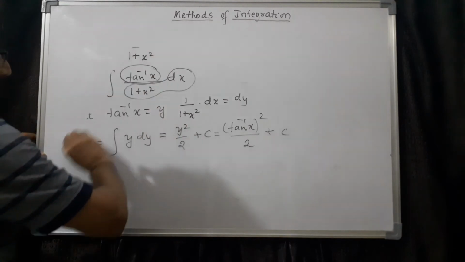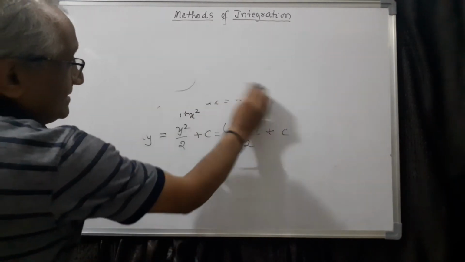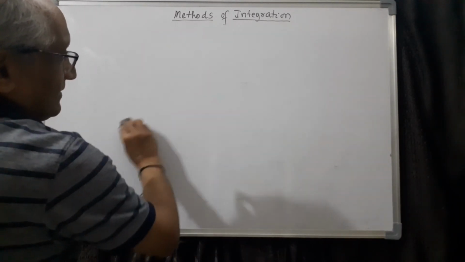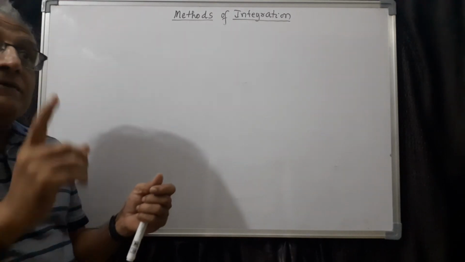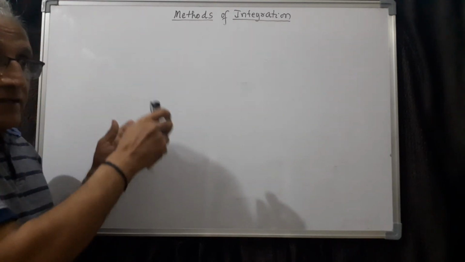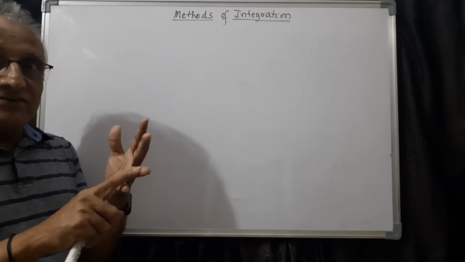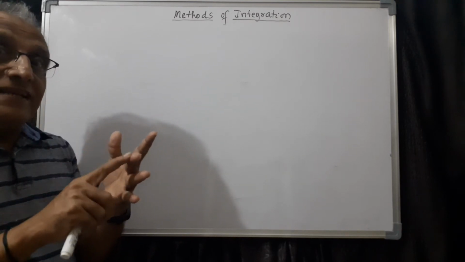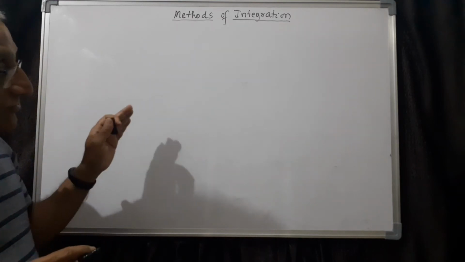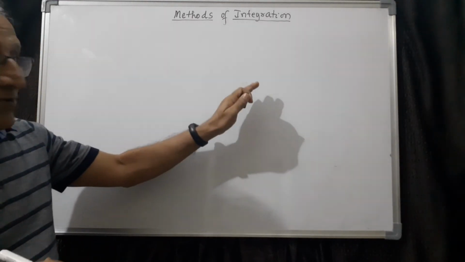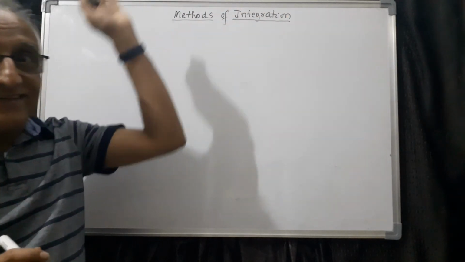Now let us first derive the formula which is remaining actually. See, a very interesting thing is this. In the beginning, when we were writing trigonometric functions, we got the integration of sin x and the integration of cos x, but we did not get the integration of tan x, secant x, etc. Therefore, today we shall try to derive them and we have to commit them to memory. Therefore, the list keeps on increasing now.